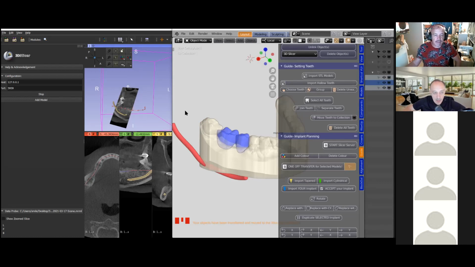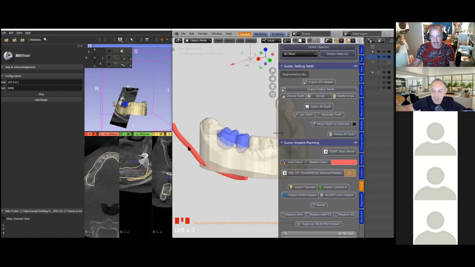And the next step is crucial because you need to check that the model aligns nicely with your DICOM, which it should be doing. So at this stage, is the model locked, so you can't move it in Blender? Well, at the moment we can't select it. So there's nothing in the scene. Well, this one we can select, but